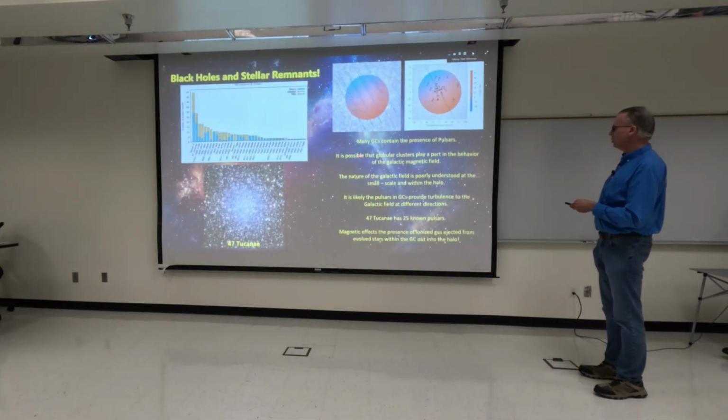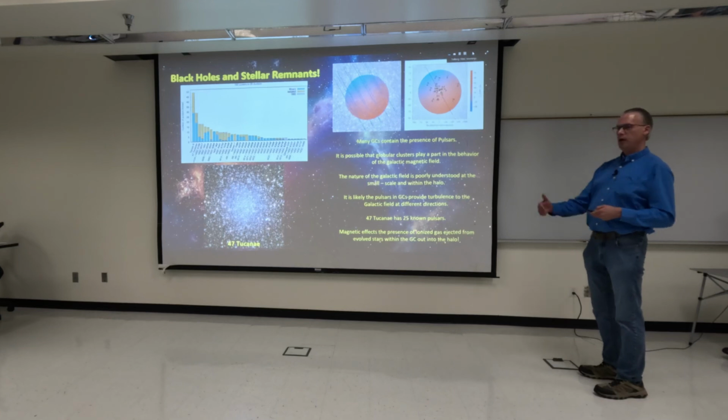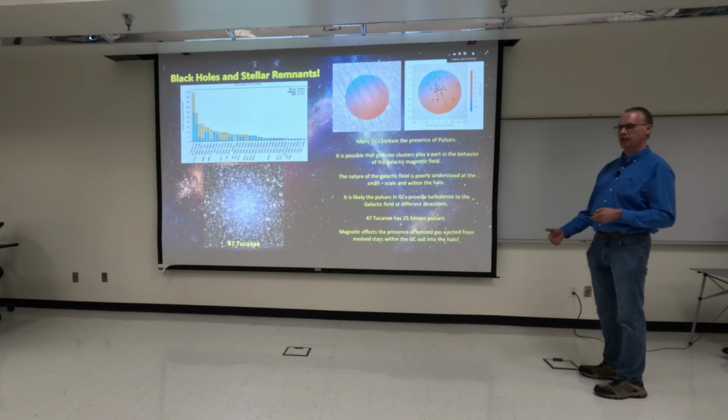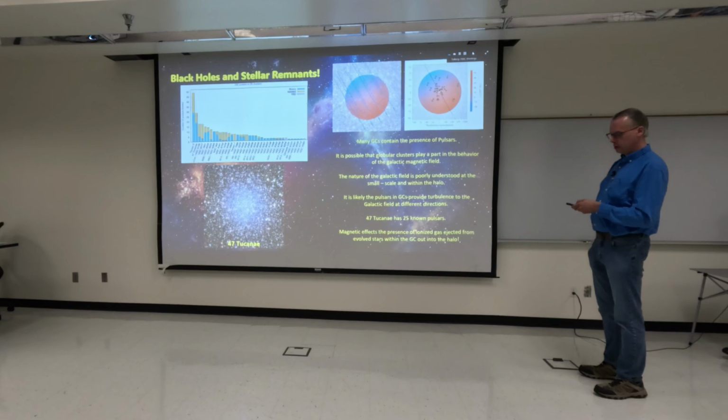One thing is the presence of pulsars. They have an effect on the magnetic field of the galaxy itself, because these pulsars create a very distinguishing magnetic field for the globular clusters, and they tend to move around the charged particles, which can create these sorts of wakes within these globular clusters that can actually create a bit of turbulence within the magnetic field of the galaxy around the galactic halo. You get a lot of ionized gas that gets ejected out of these globular clusters because of these pulsars that are enhancing the magnetic field for these globular clusters, and that can possibly contribute to why the globular clusters don't really form any more stars.